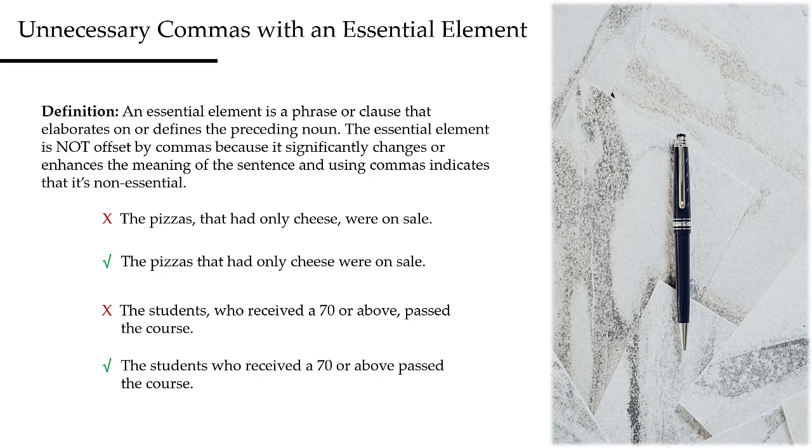So here's another example of unnecessary commas with an essential element. The students who received a 70 or above passed the course. In this case, we mean that only those students who received a 70 or above passed the course. So that part that's currently separated by commas, that's essential to the meaning of the sentence. It doesn't mean the same thing if we just say the students passed the course. That would imply that all the students passed the course, when really we mean only those students who received a 70 or above passed the course. So in this case, we should remove the commas to say the students who received a 70 or above passed